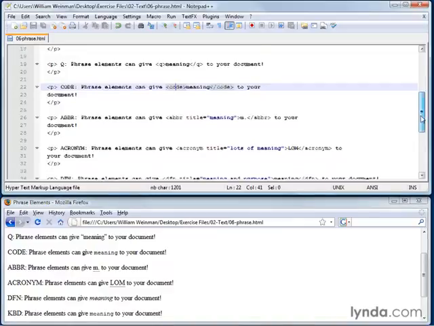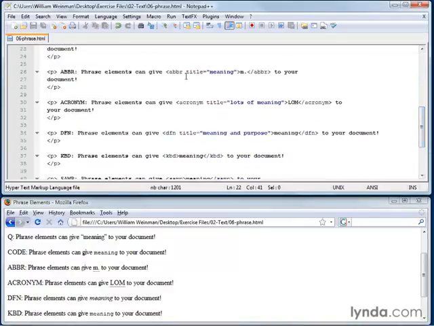And the next few elements are interesting. The abbreviation element allows you to use an abbreviation and hover your mouse for the meaning of the abbreviation. So here we have an M, and you'll notice that in Firefox, it puts this little dotted line under it to say, you hover your mouse over here, and you get the definition of the abbreviation. These work differently in different browsers, so be sure to test them in the browsers that matter to